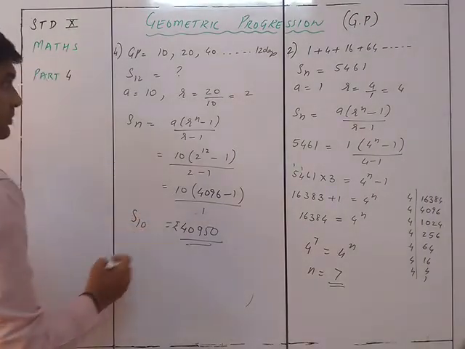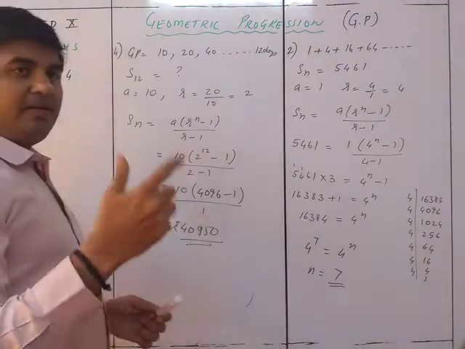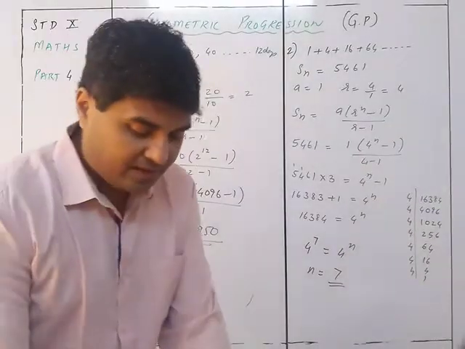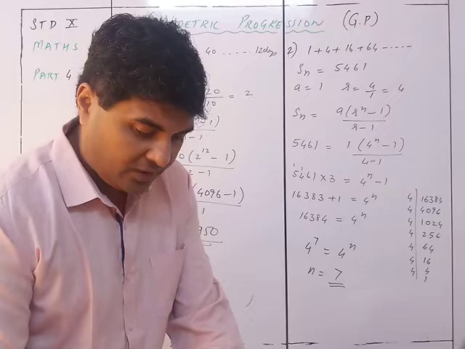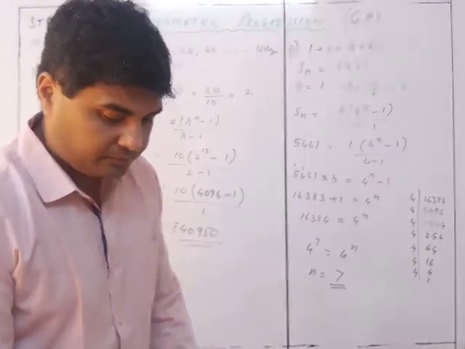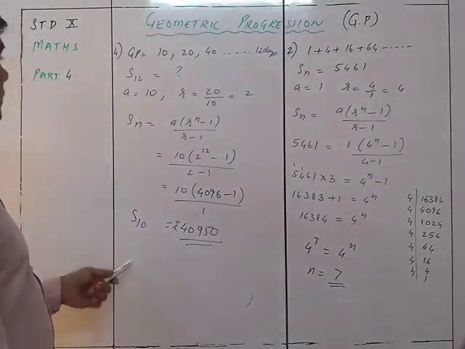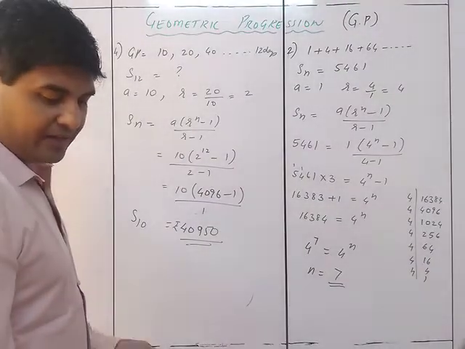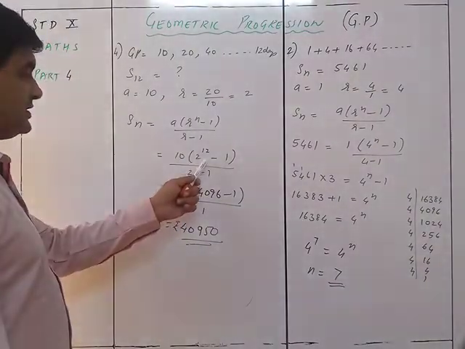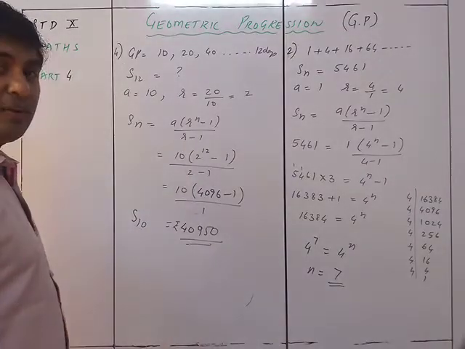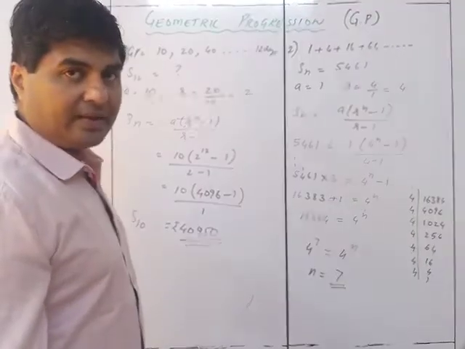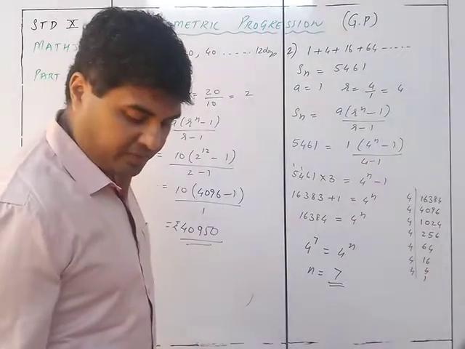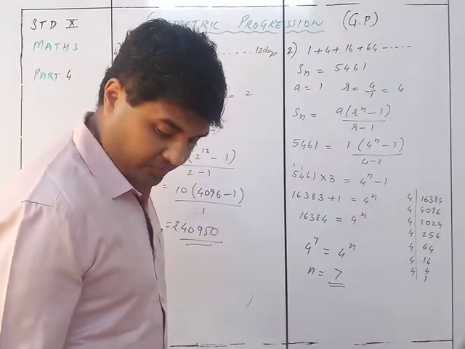So if he is spending double every day, he will be spending a total of 40,950 rupees at the end of the 12 days. Okay, so that is this way. They have directly given the answer as 10 into this, but anyway we can easily calculate it, because 2 raised to anything is easy to calculate. So that is 40,950. Especially when it is in rupees, it is better that you calculate the thing.